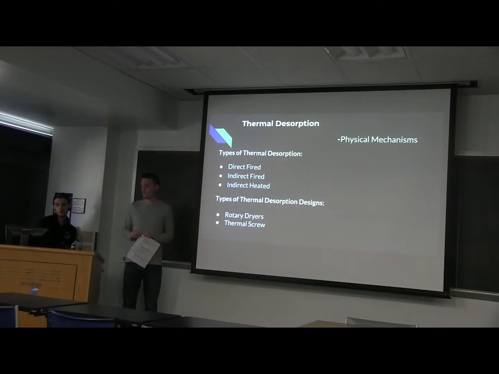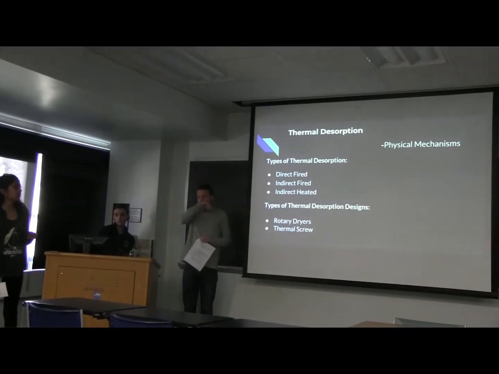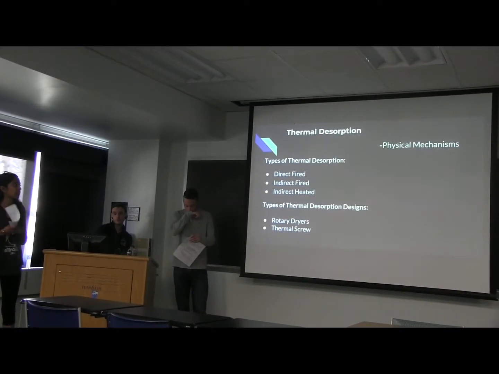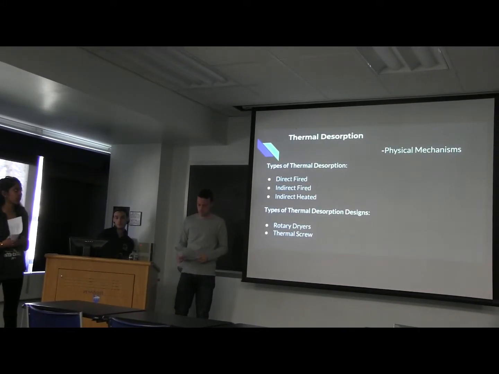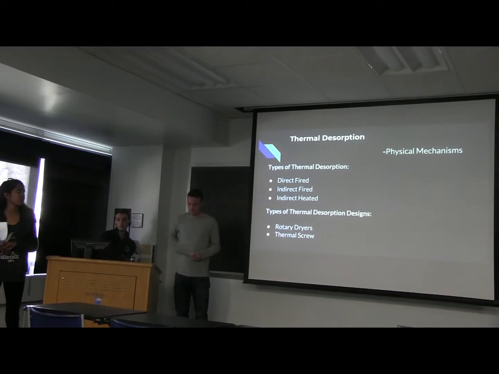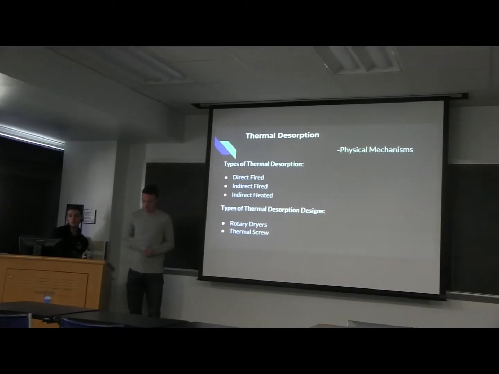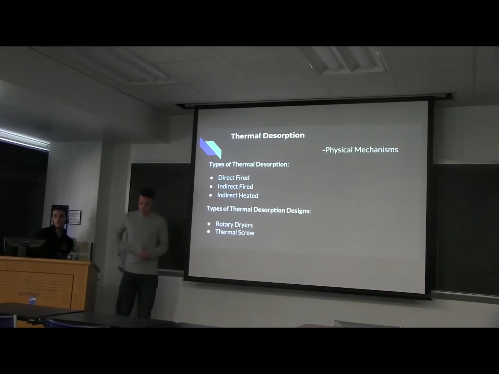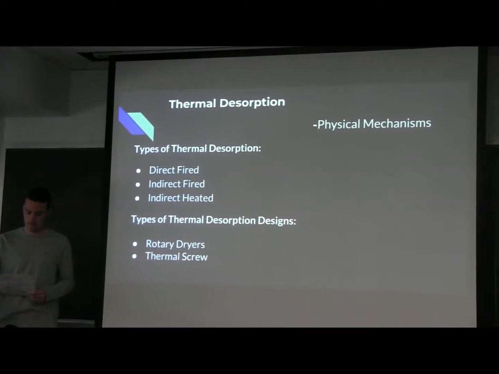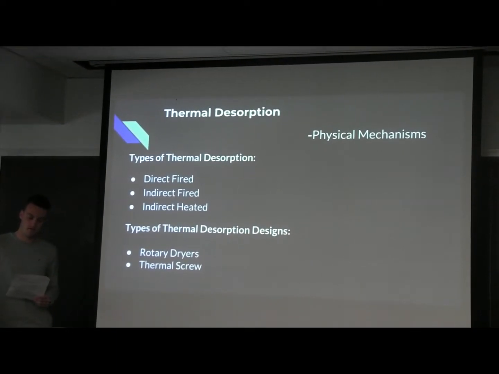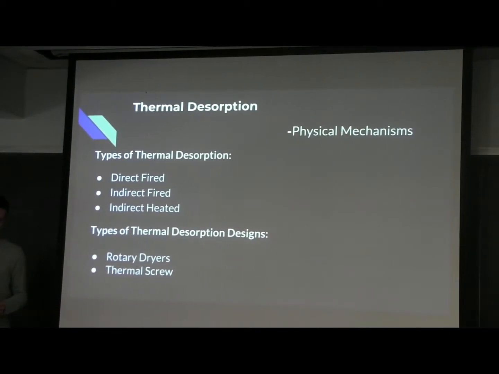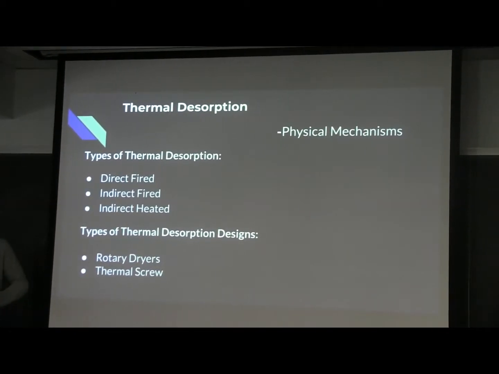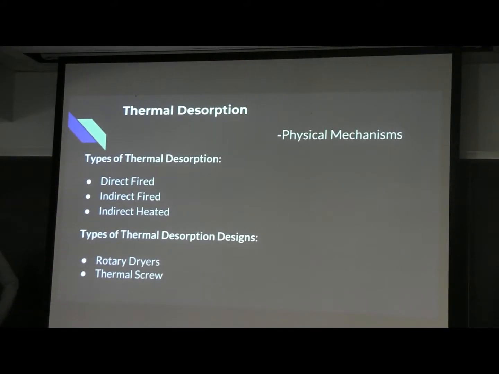So regarding physical mechanisms, there are 3 types of ways that you can apply the heat: direct fired, indirect fired, and indirect heated. Direct fired, as it sounds, means you're applying the heat directly to the contaminants. Indirect fired is essentially the direct fired rotary dryer heaters, or their air stream is applied to it instead of the fire. And then indirect heated is where an externally fired rotary dryer volatilizes the water and organics from the contaminated